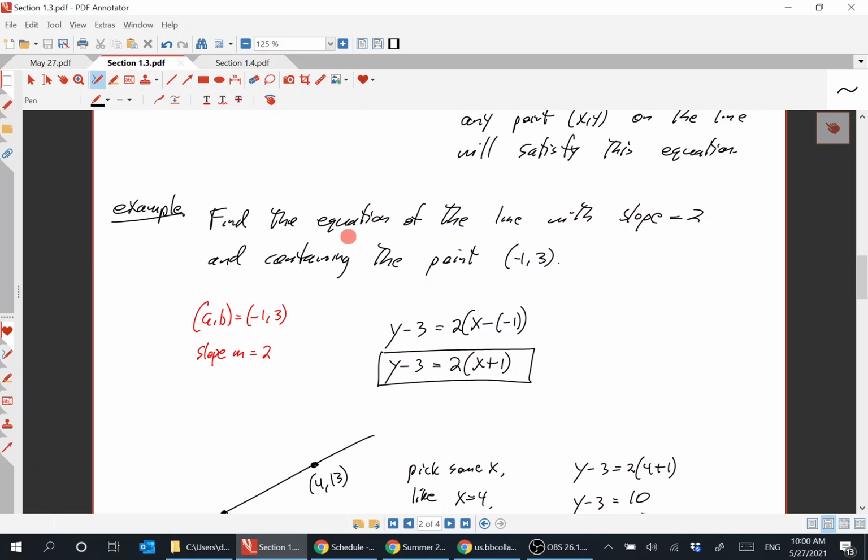So find the equation of the line with slope 2 and containing the point -1, 3. All right, so slope m is equal to 2, and (a, b) is equal to (-1, 3). So you take that